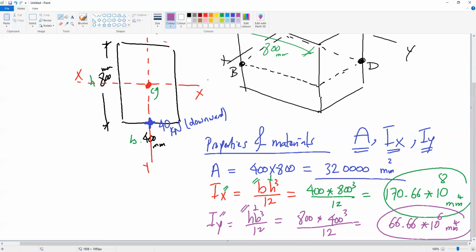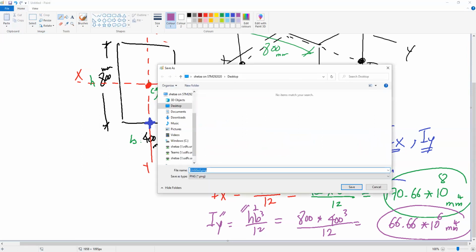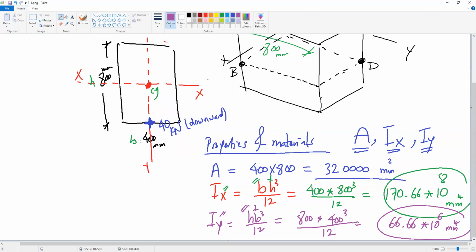So now we can proceed to find the stresses. Do you have any question for the properties? Is there any question? Okay, so now